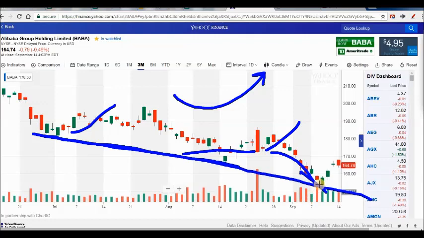Well, I did the cash secured put. I bought some extra shares, so I'm mitigating those losses, reducing my cost basis from 174X to 170. So at this point, with Alibaba getting a little wind behind its sails, I wrote that last covered call, hoping that in the next 30 days, it'll go higher towards that 180 mark. Now, by looking at this chart, I have no real evidence that it will do that. What I'm really hoping for is that Wall Street sees that it's a buying opportunity and they buy it up, at least in the next 30 days, so I can get out of this, making this a green trade.